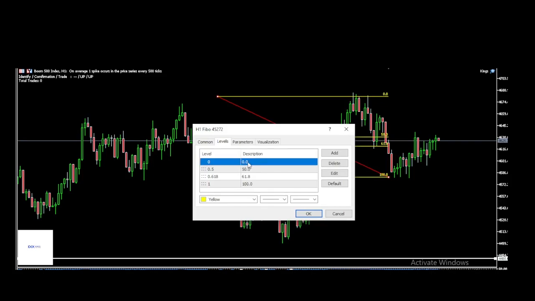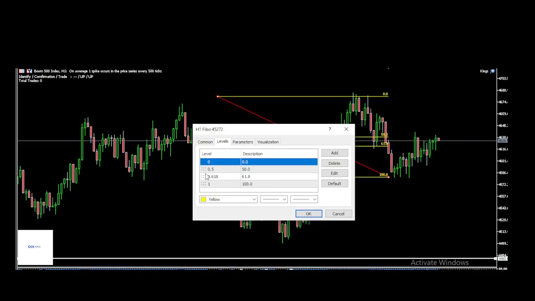Okay, if I want to delete this, I'll just click on it and delete. Look at those levels apart from this one and delete them. Click them and delete. So you only need to just have the 1,